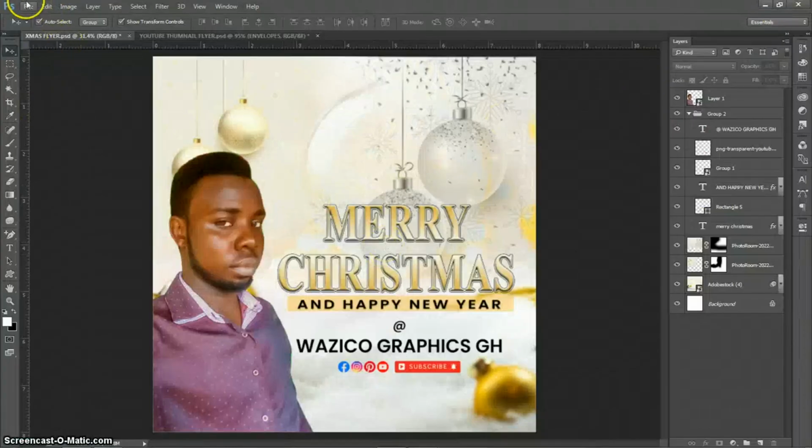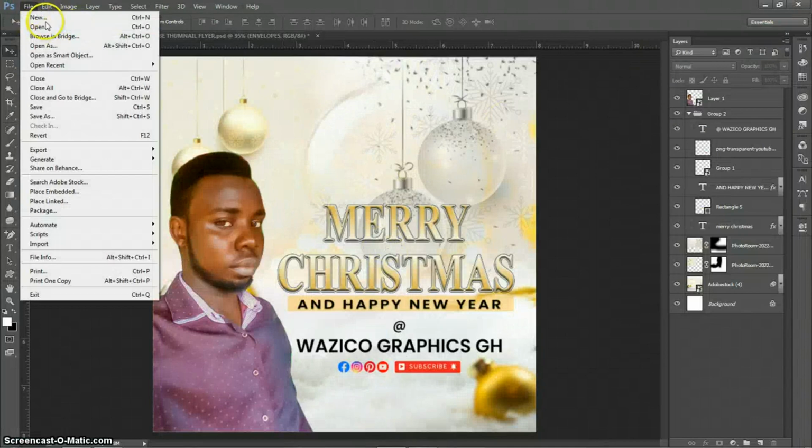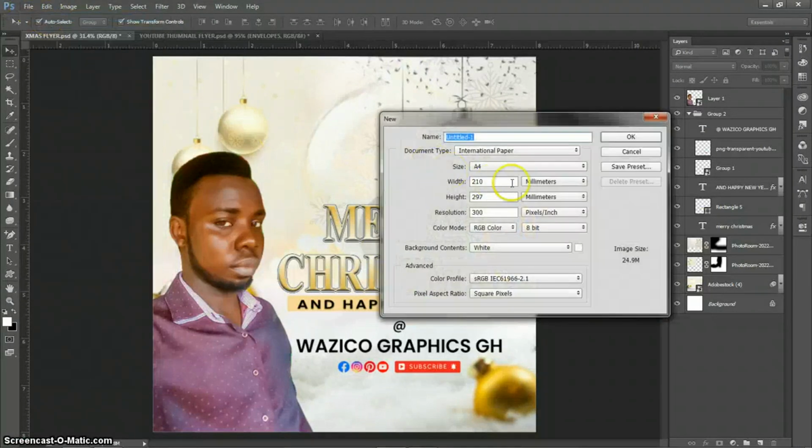So we are going to use Ctrl+N. I'm going to just create a new document here. So we set the unit to inches. We are using just 8 by 8, and as usual 300 as the resolution. So I will name it